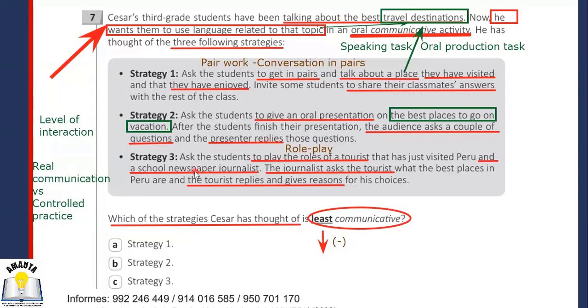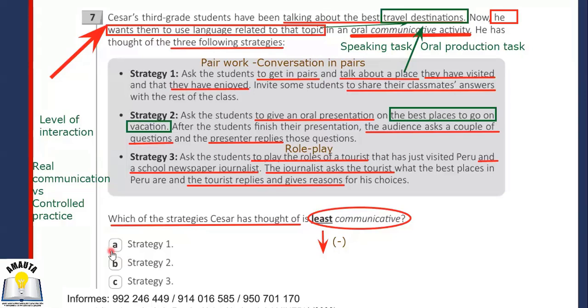So in the third strategy, the level of interaction is also fine because students role play a situation between a tourist and a newspaper journalist at a school, right? Students generate their own questions, students answer these questions. It is a good communicative activity. Also, role plays are examples of communicative activities too, right? Role play, debates, discussions, all right? So, my dear teachers, the least communicative, of course, is the second one,